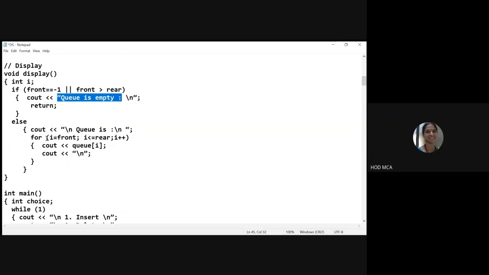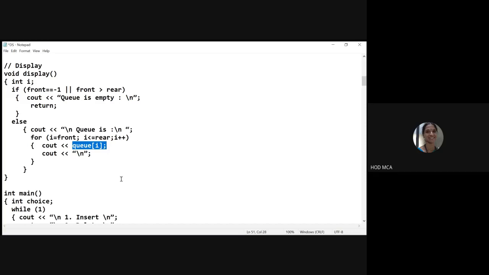Otherwise, you start from front and you go up to the rear in order to display the elements. So I is equal to front, I less than or equal to rear, I plus plus. You start from the front, you go up to the rear, go on incrementing your looping variable, and then you display q of I. So that means you are trying to display all the elements.